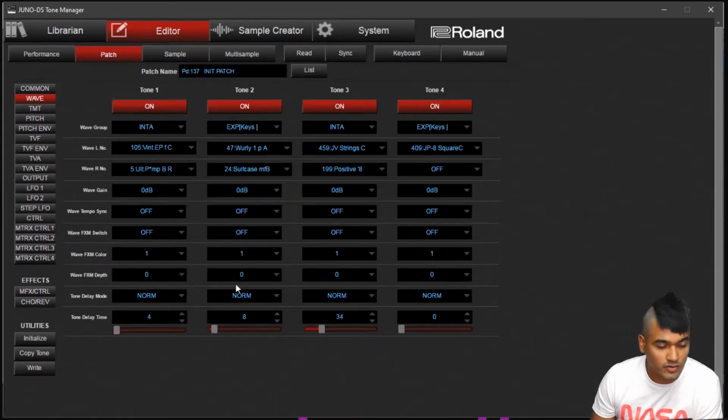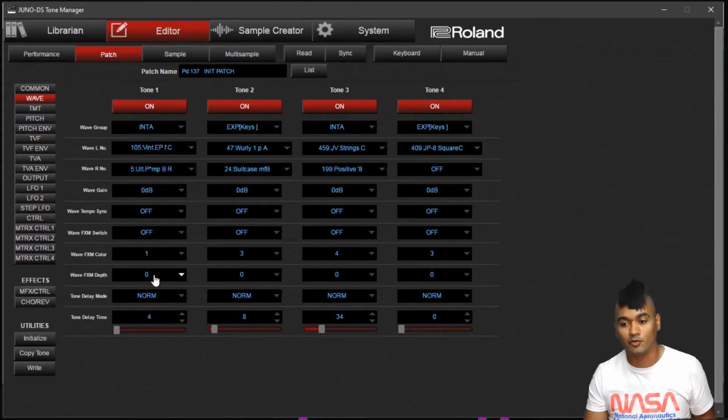Now, we also want to add a little bit of color here. So we're going to leave that one at 1. We're going to change this one to 3, this one to 4, and 3. Now, of course, I've already messed around with this. In fact, I spent quite a long time just playing with the sounds and figuring out exactly what I want to color and how I want to color it. Of course, you do get familiar with the synth, but